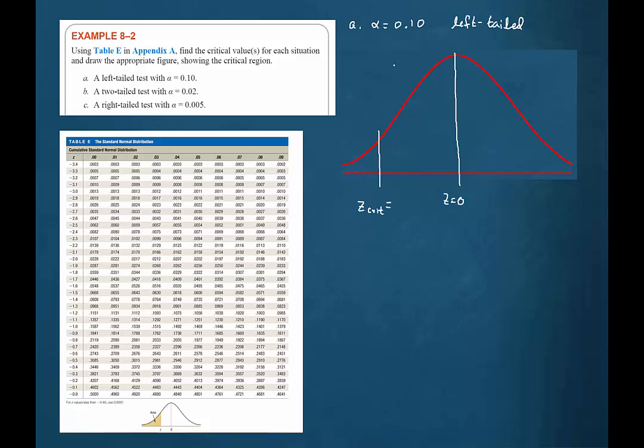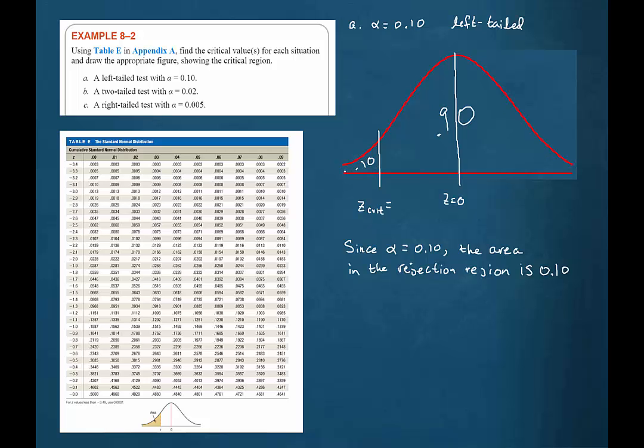We're told that alpha is 0.10, and what that means is that the area in the rejection region is 0.10. Let's write that down. Since alpha is equal to 0.10, the area in the rejection region will be 0.10. So that means that this area right here is 0.10. That also means that this area here from this critical value up through is 0.90, since the total area will be 1. Or another way to say that is 90% of the distribution will be above this critical value and